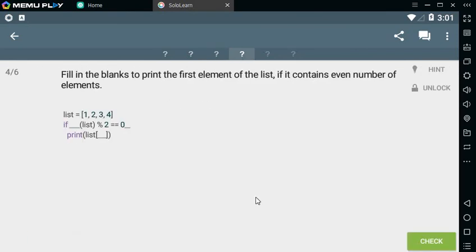Fill in the blanks to print the first element of the list if it contains an even number of elements. So we got an even number of elements here, but we need to make sure that we can see that. But what if instead of 4 we had 10,004? We can't look at the list and just count them. So if